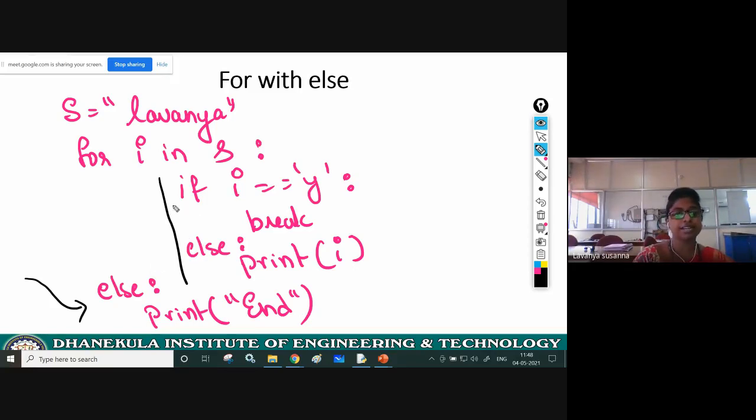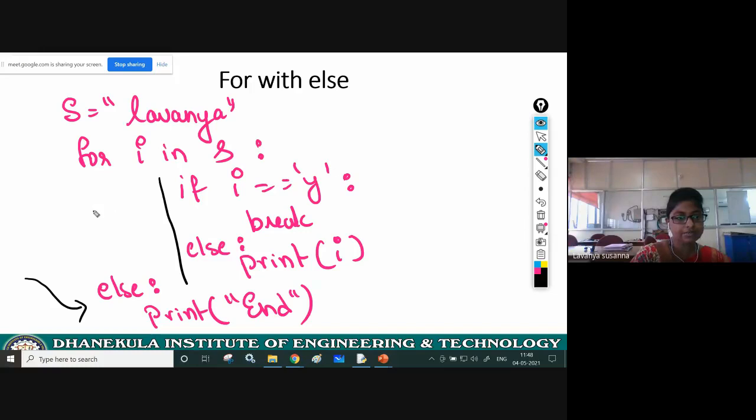After writing the for loop, you use some indentation, and all the statements inside the for loop must be indented. If you are not using indentation inside the for loop, it will generate an error.